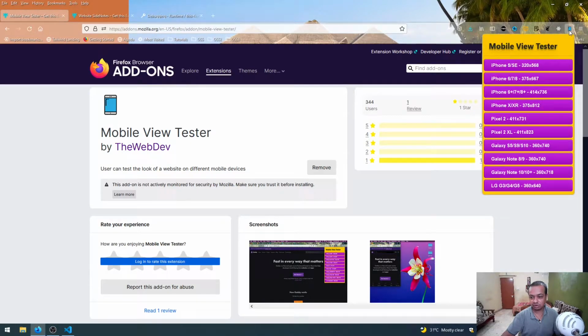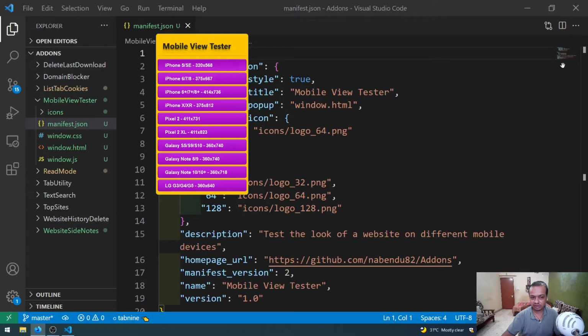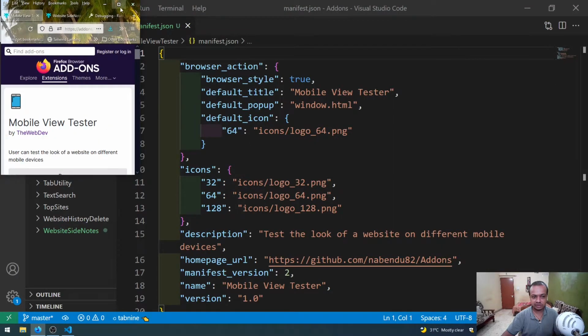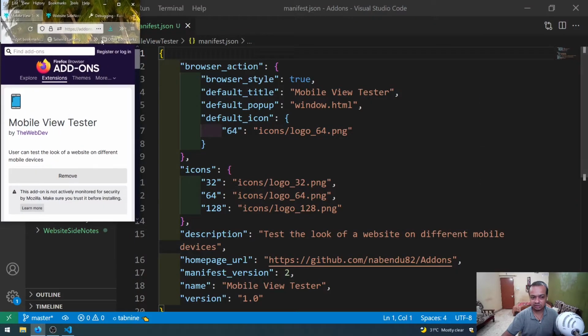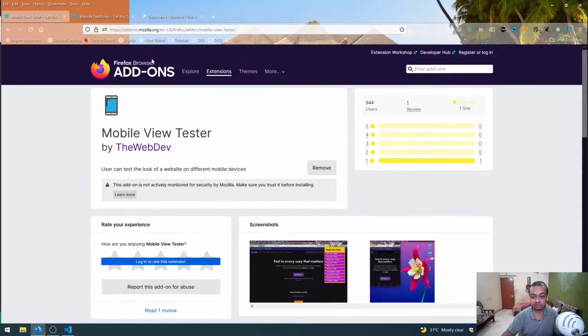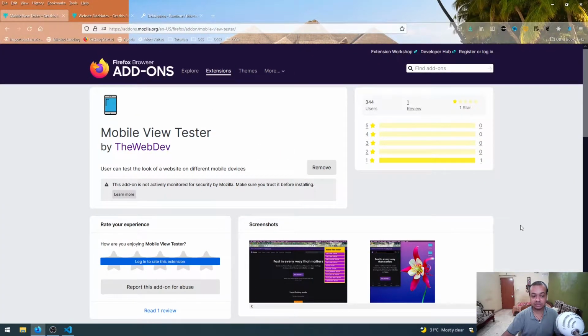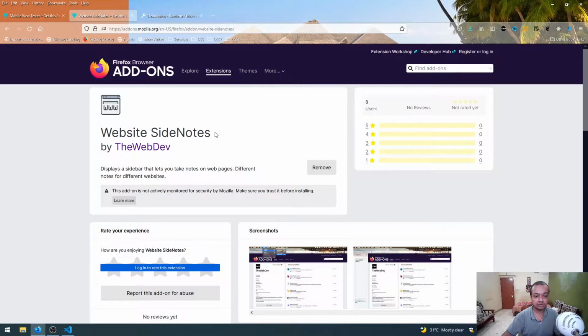So if I go like this, a lot of the time in mobile development we need the browser window to be changed to that size. I can come here, and it is of that size. Then I can come here, Galaxy Note 10, and it is of that size. This is the exact size of your Galaxy Note, so that's why it is there. This is the mobile view tester, and the second add-on we are going to do is the